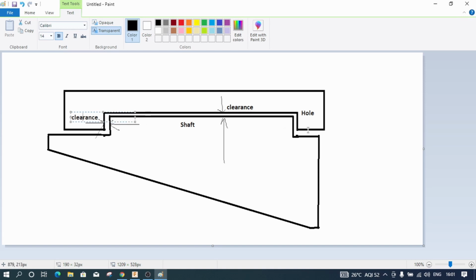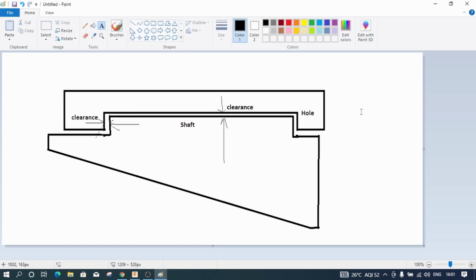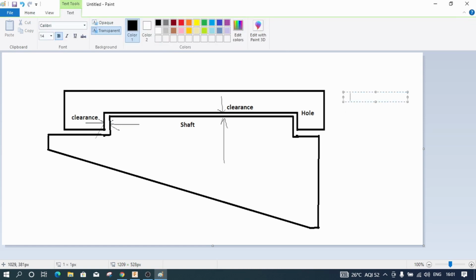So what is the exact purpose of this clearance? Generally, if these particular parts are moving in nature, you will use lubricants. The lubricants offer special thermal, mechanical and operational properties which help in reducing the friction between the moving parts and also act as a coolant to reduce the heat. But as we are not worried about frequent removal of this particular joint, we will make it a press fit kind of a structure.